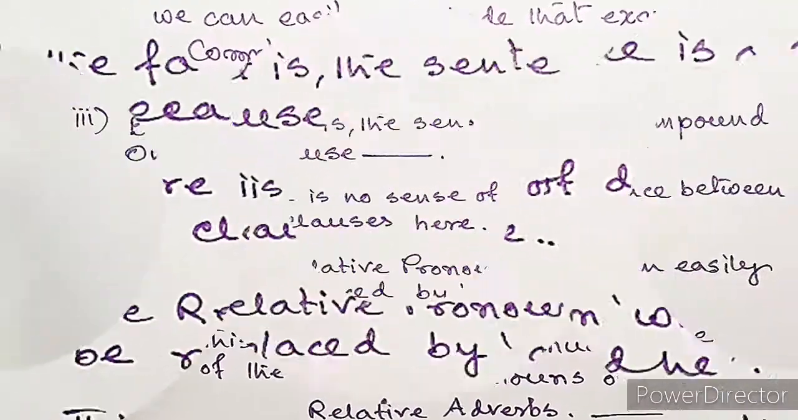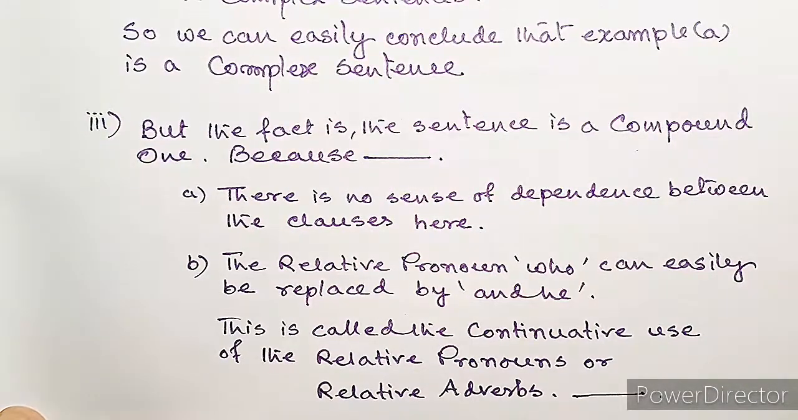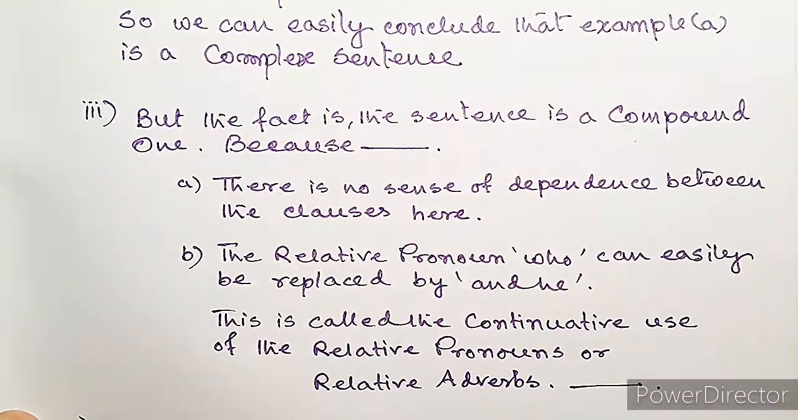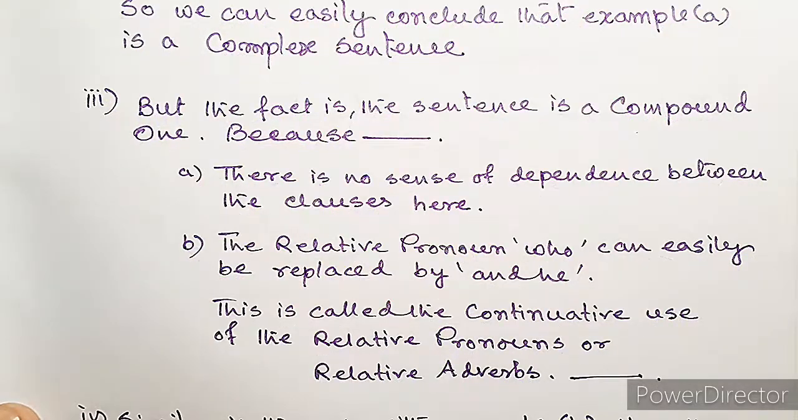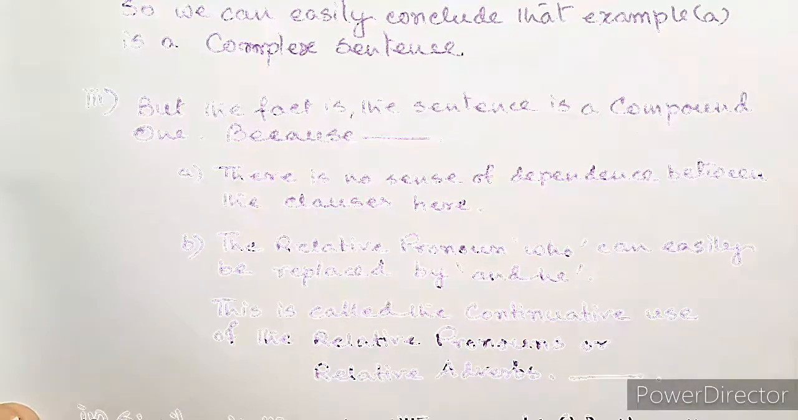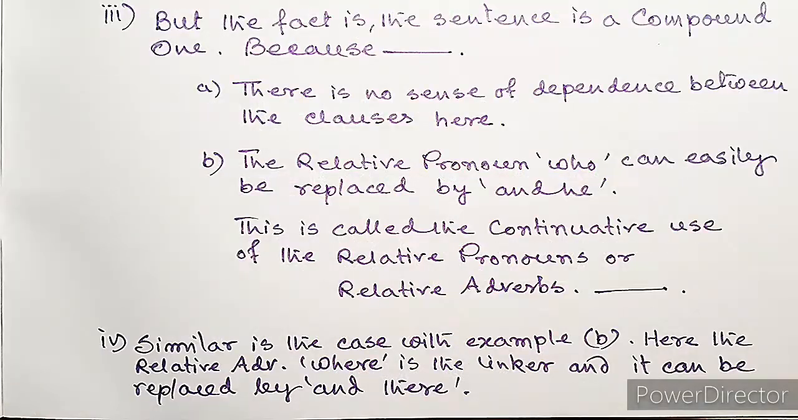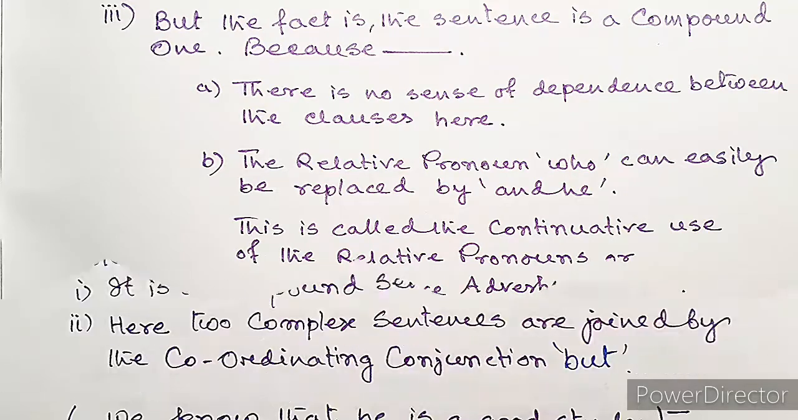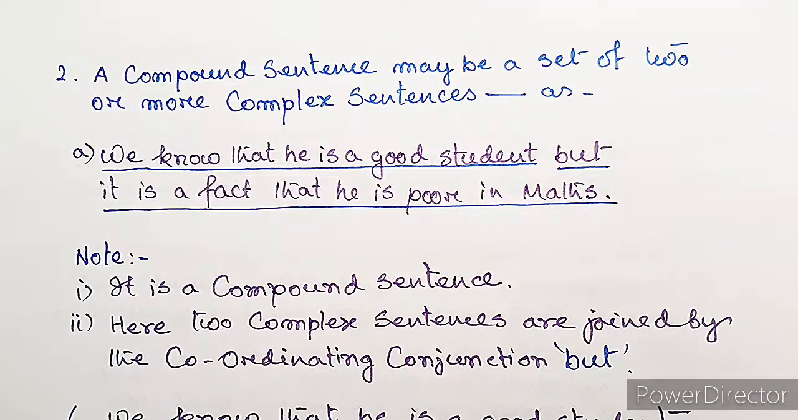But the fact is, the sentence is a compound one because there is no sense of dependence between the clauses here, and the relative pronoun who can easily be replaced by and he. This is called the continuative use of the relative pronouns or relative adverbs. Similar is the case with example B. Here the relative adverb where is the linker and it can be replaced by and there. So a compound sentence may be a set of two or more complex sentences as,